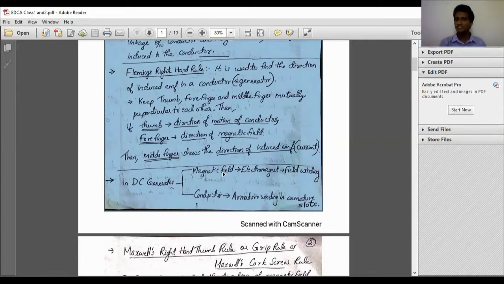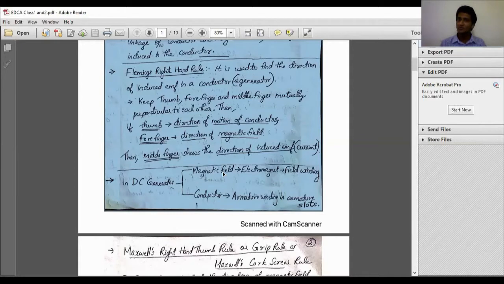That is what electromagnet means. So for this DC generator also, we have an electromagnet that is called the field winding. We can't take a single piece of magnet and keep it there. Actually, we have another core on which we wind a DC winding, and a DC supply is given to that winding. That winding is called the field winding because the intention of that winding is to make the magnetic field. So now the magnetic field is ready and the conductor is also ready. Conductor means the armature winding.